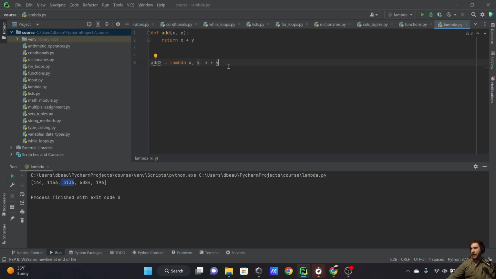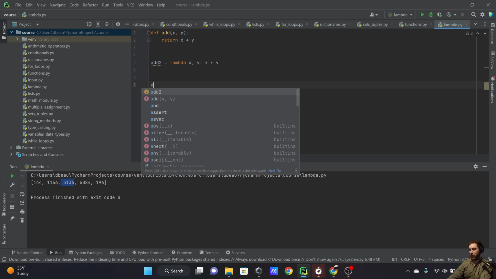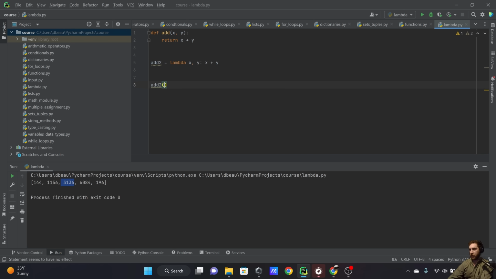Now, let's go ahead and call add2 just to see if it's working. So we'll say add2, okay, and then we'll pass in 45, 67, and let's go ahead and print this. All right. Let's run it, and you can see this is working perfectly, okay? It's just adding the two numbers. So lambda functions work the same way as a regular function, except it's like a one-liner. And a lot of times they're a little bit more clear and concise depending on what we're trying to do,